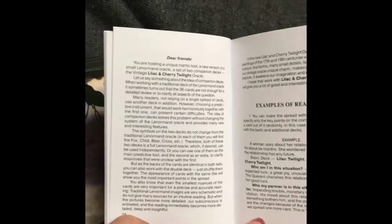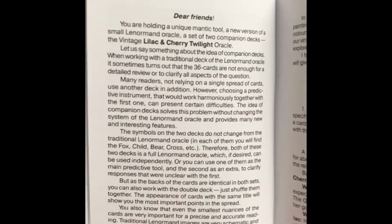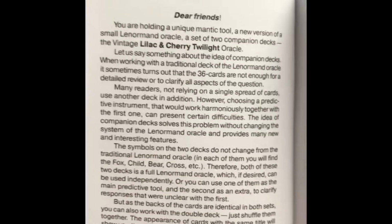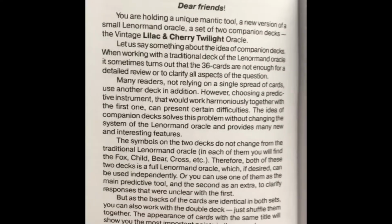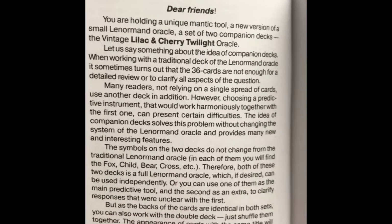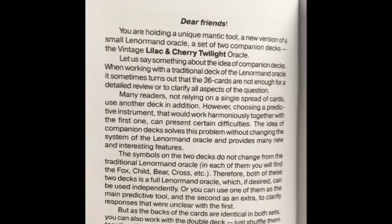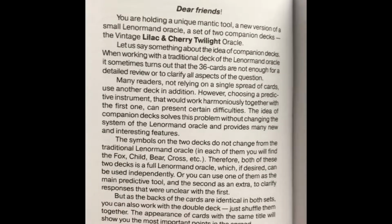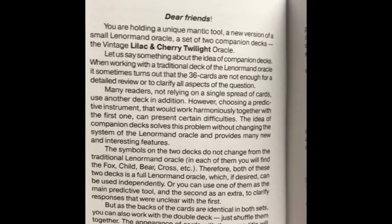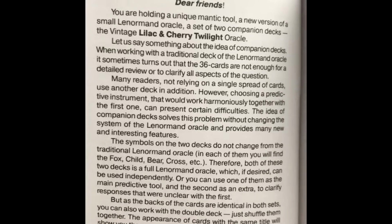So the beginning part of the book is in Russian. Then there is a section in English. Dear friends, you are holding a unique mantic tool, a new version of a small Lenormand oracle, a set of two companion decks, the vintage Lilac and Cherry Twilight Oracle. Let us say something about the idea of companion decks. When working with the traditional deck of the Lenormand Oracle, it sometimes turns out that the 36 cards are not